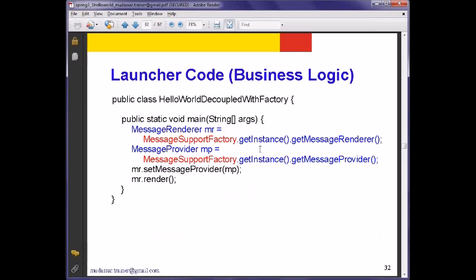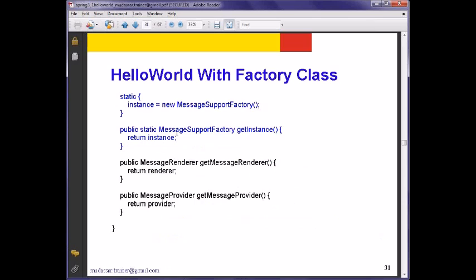Now, what we do in our launcher class, we say MessageSupportFactory.getInstance().getMessageRenderer(). What happens is when I say .getInstance,